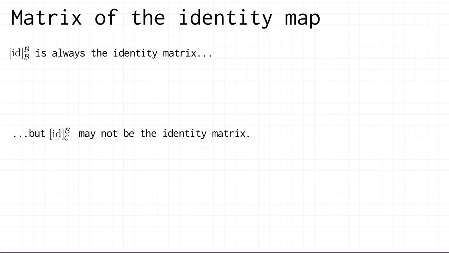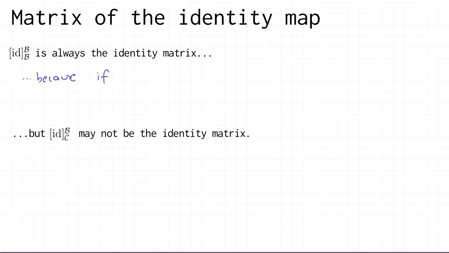Okay, let's make a couple of observations before we stop the video, which is, first of all, if you look at the matrix of the identity map with respect to the same initial and final bases, it's always going to be the identity matrix. So the reason for that